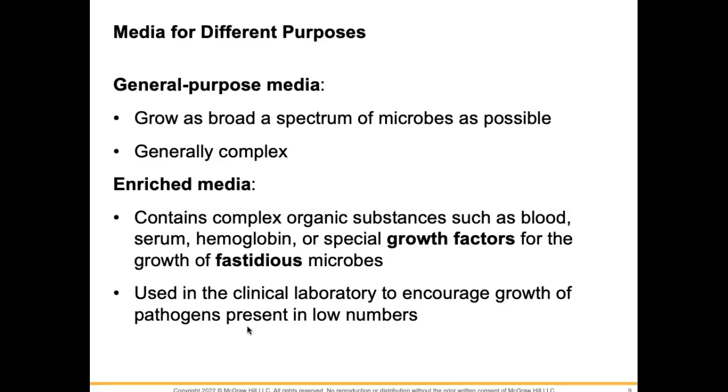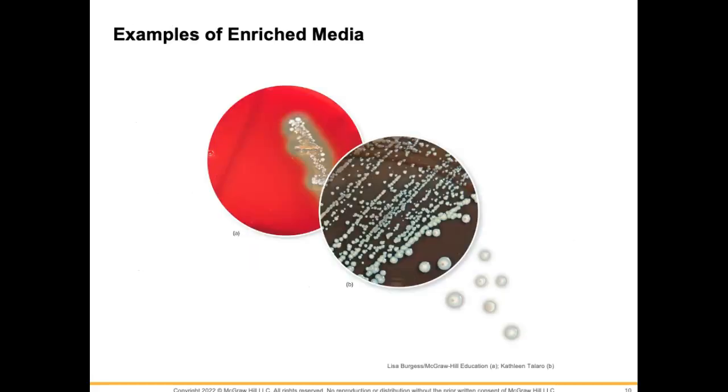So if we use an enriched media such as blood agar, and the plate is covered in this one particular microbe, then we know that person has a pretty good infection. But the enriched media will also show if the person has an infection that isn't rampant yet. It will pick up on subtle pathogens. So you can see this is an example of blood agar here, and this is probably chocolate agar,